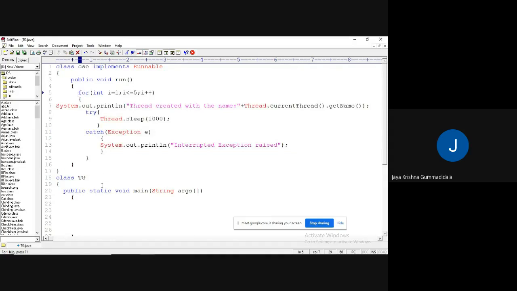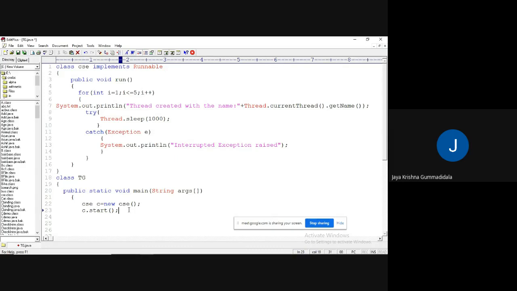Now I would like to create a thread. How are we going to create a thread? By instantiating, right? New CSC. I have instantiated the thread. Then I need to call the c.start method. Am I right?